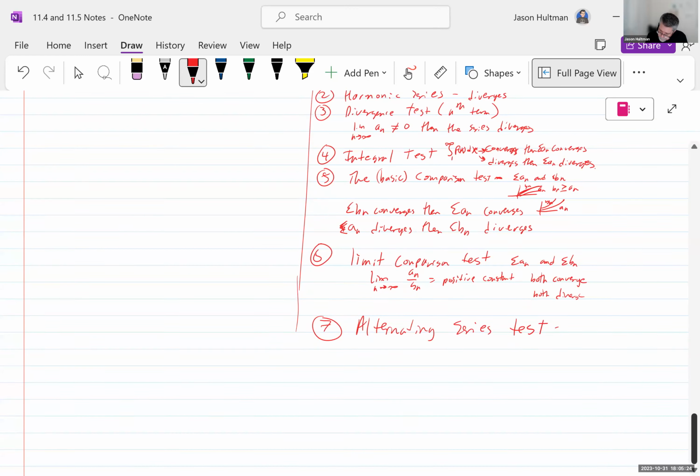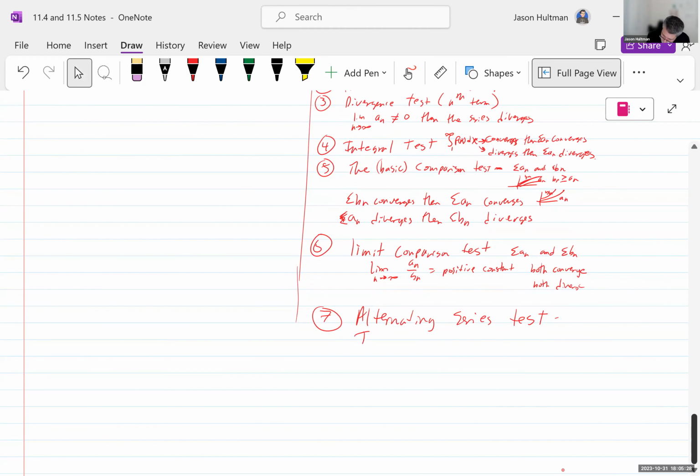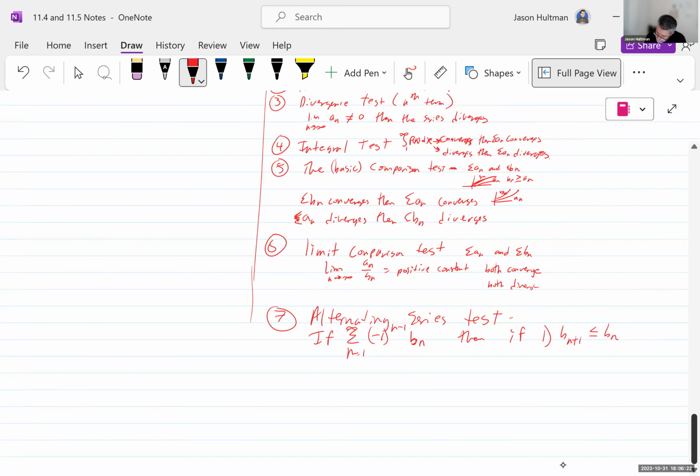The alternating series test says that if you have a series, n equals 1 to infinity, that alternates, like (-1)^(n-1) times b sub n, some sort of alternating series, then if my terms are always decreasing, if my terms always get smaller, the absolute value of my terms basically, if every single term is smaller than the one that came before it, if b sub n+1 is less than or equal to b sub n, let's say for all n,